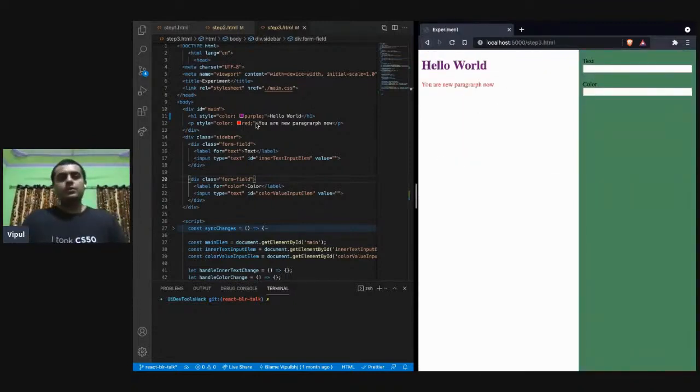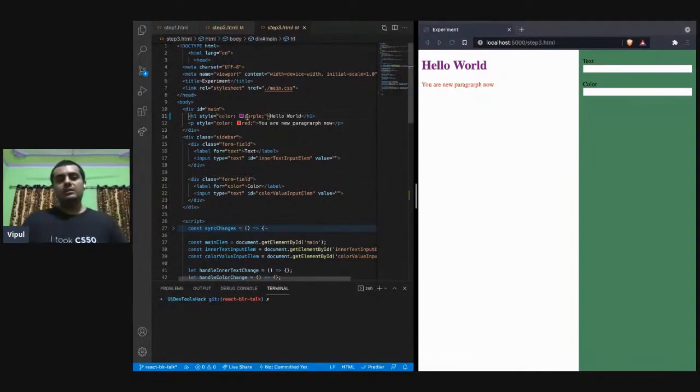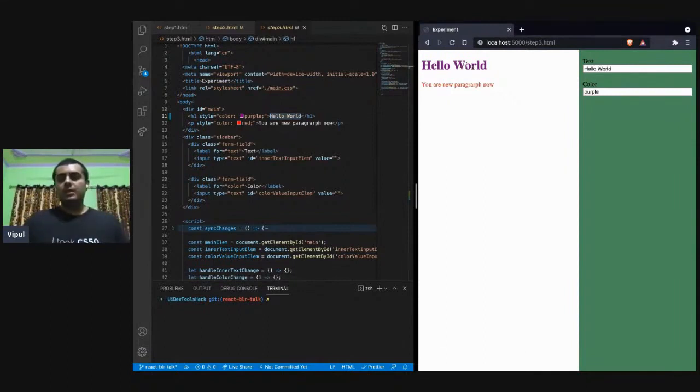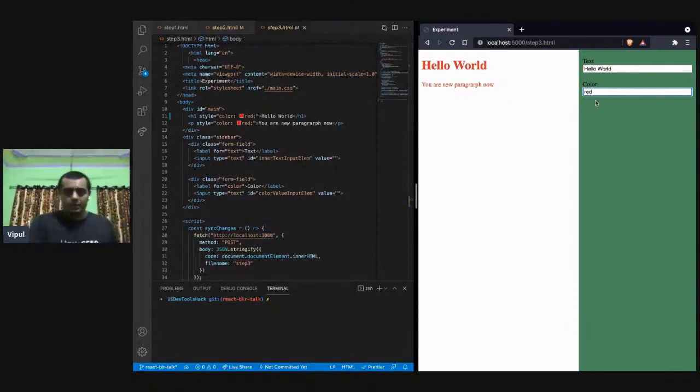All right, cool. So here my current h1 element has a color purple and the inner HTML text is hello world. Right? Let's do something. Let's click on hello world. I don't like purple, I like red. Did you notice that I said red here and my code updated appropriately? Let's try to do it again. Maybe I like orange now. You see that? You catch that? Maybe try to change the text as well. I spelled it all wrong, but you might get the sense of it.